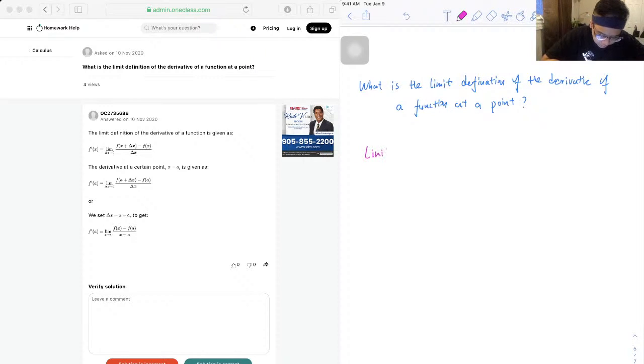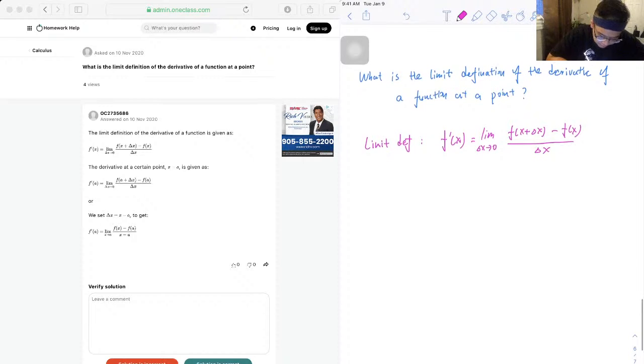So the limit definition of the derivative of a function is given by: the derivative of f(x) is equal to the limit as delta x approaches 0 of f(x plus delta x) minus f(x) over delta x. And if we want to find the derivative at a certain point, it could be when x equals 1, x equals 2, x equals 3. So let's say at a certain point,